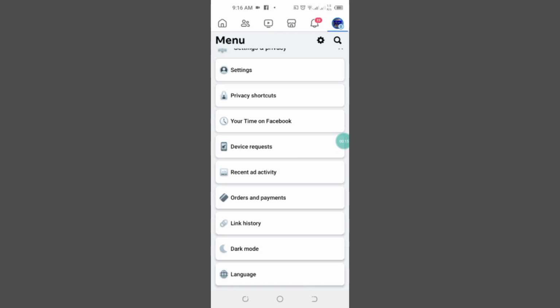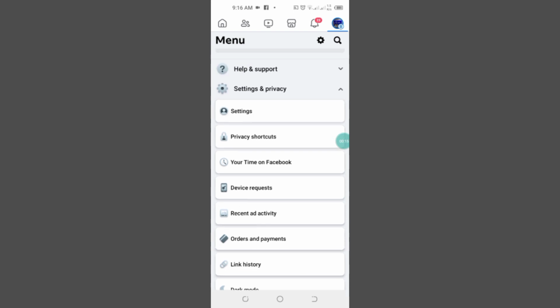Today in this video I'm going to show you how to share your Facebook story on Instagram automatically. This is very quick and easy. Let's jump right in. First of all, what you need to do, open your Facebook and tap on your settings